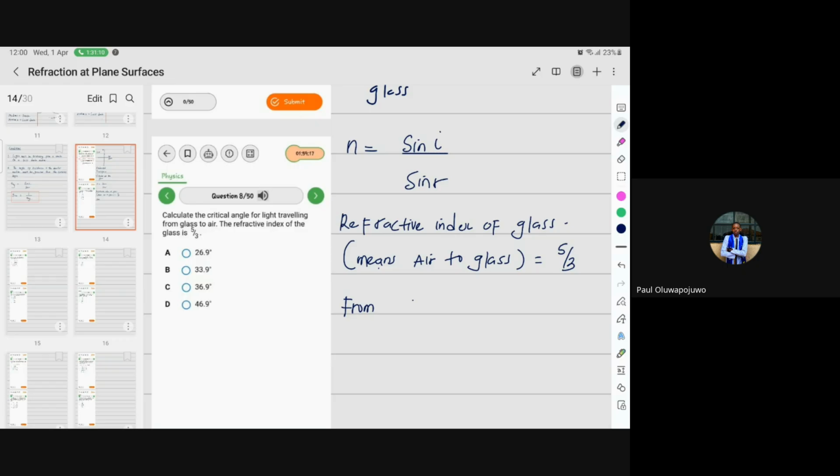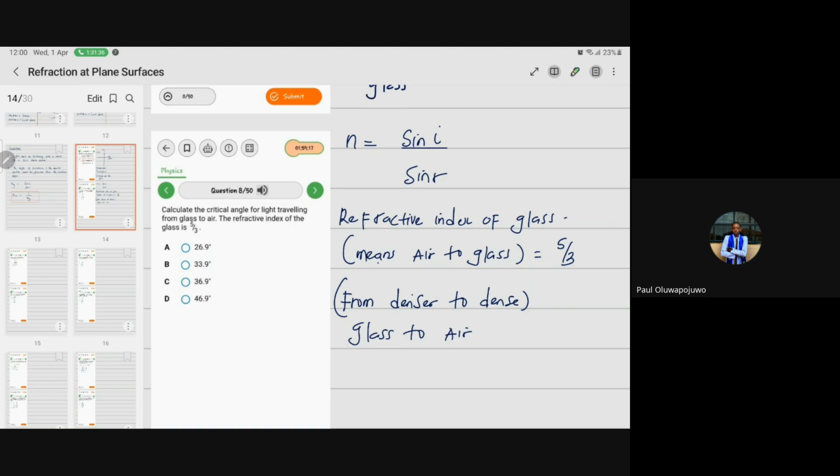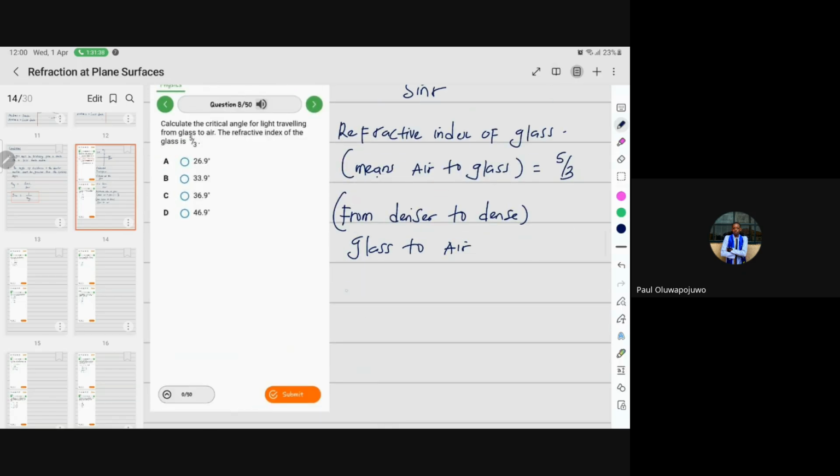R is 90, isn't it? So now, from denser to less dense medium, which means at this point we are looking at what? Glass to air. From glass to air, it means that the refractive index of air now